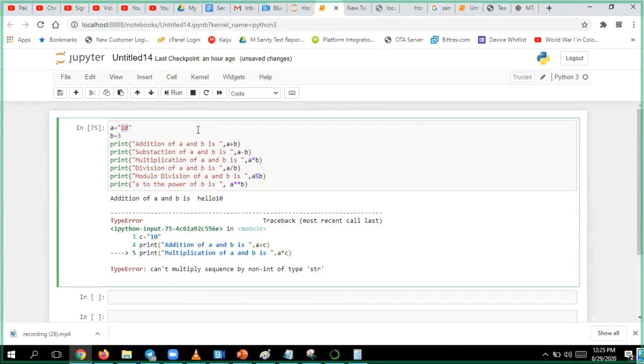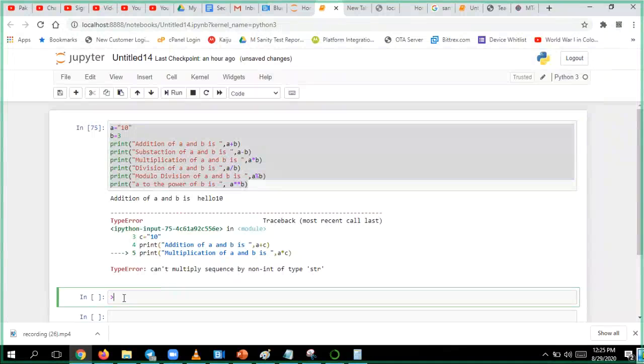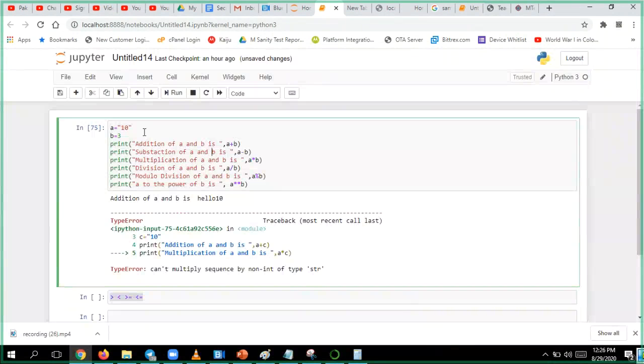Same way we are going to check the relational operators. Relational operators are 4. First one greater than, second one less than, third one greater than or equal to, fourth one less than or equal to. Just remember these 4 first. Now 10 I have, 20 I have. The output of any relational operator will be a boolean value. First remember, output will be boolean.